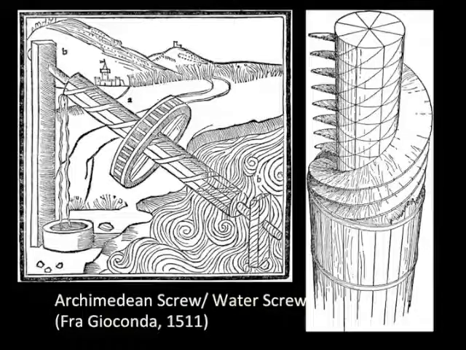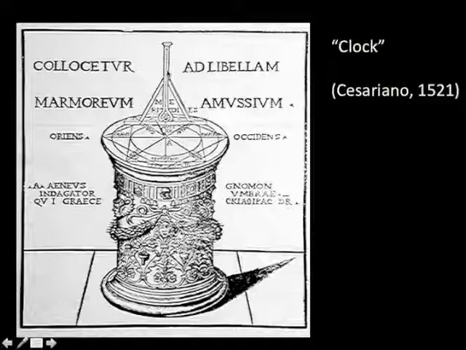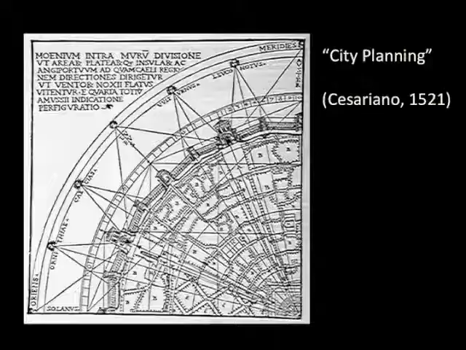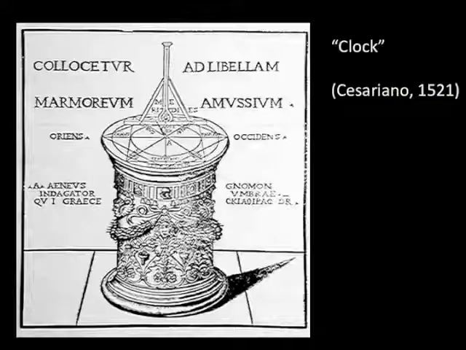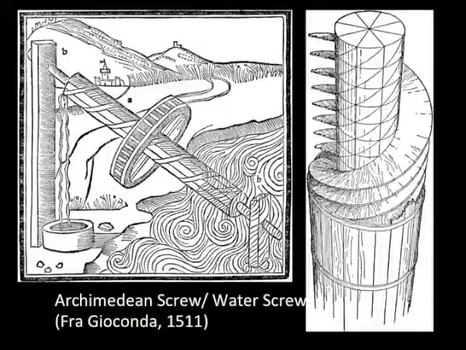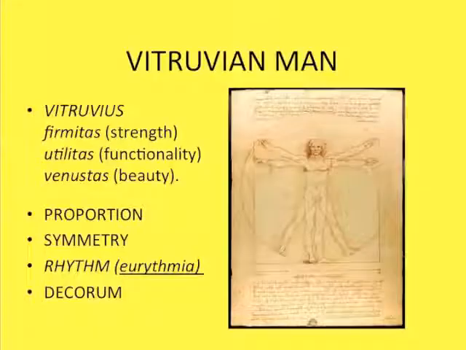We looked at a number of things that Vitruvius recommended that the architect should consider. Things like the making of machinery, the making of technological devices like the water screw for drilling a well, or things like the clock, or things like the city plan. And I mentioned that all of these tended to have more or less the same diagram, which was radial, a circle with radiating lines. It gives you a town, it also gives you a clock, it also gives you a water screw, and that's amazing, how convenient. You don't really have to do much doodling, if a circle with radiating lines gives you everything.